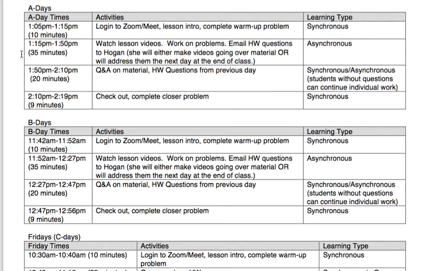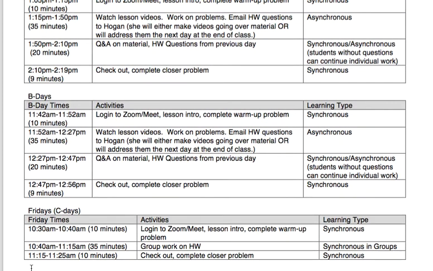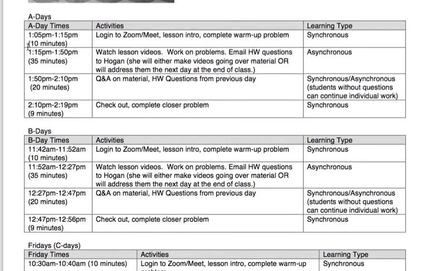We meet a little bit later on A days because A days go 1, 3, 5, 7, so we're the last period of the day. And on B days, we are the second to last period because they go 2, 4, 6, 8, and we are a 6-period class. We're going to walk through what an A day would look like, just so that you get the gist of how it would look. Again, B days work the same, just at slightly different times, and then we'll talk about what C days are going to look like too.